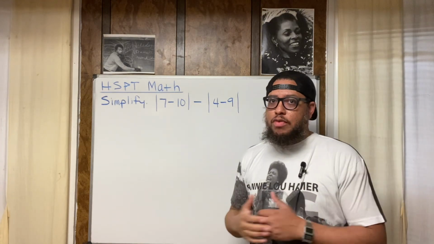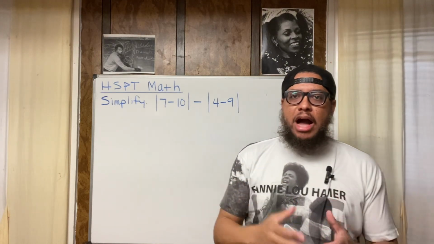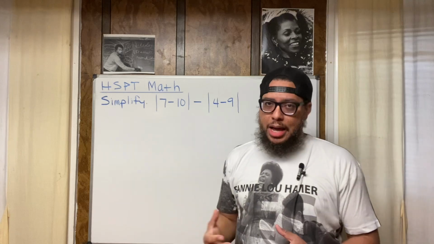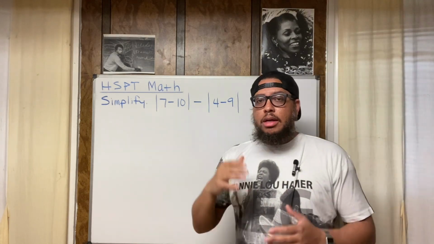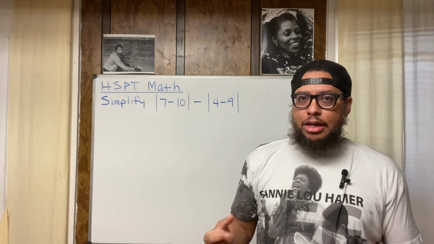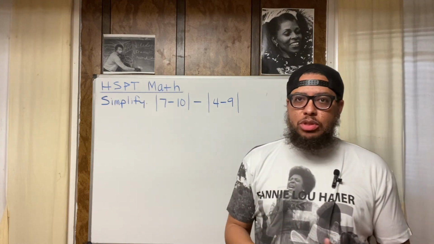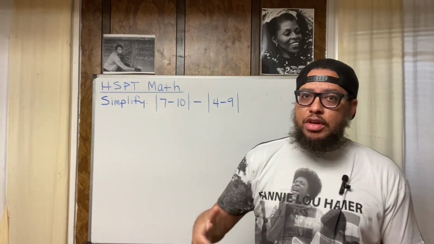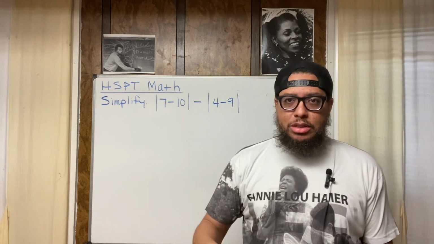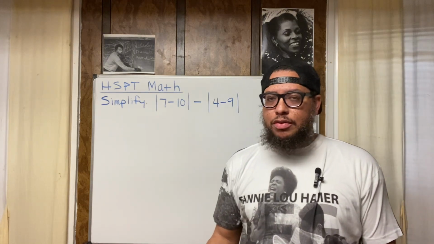Now, what does the absolute value tell you? The absolute value says this: how far on the number line, and you got to be familiar with number lines. Number lines are your friends. How far on the number line is that number or that value from zero on the number line? This is why absolute value will always be positive. The absolute value of a positive number is a positive number. The absolute value of a negative number is also a positive number, right?